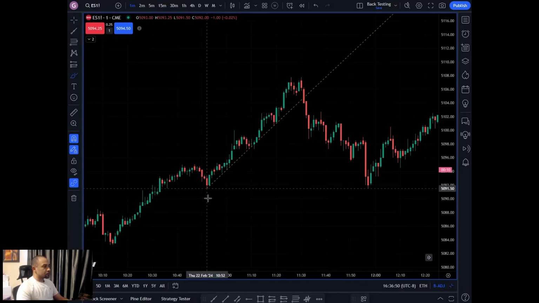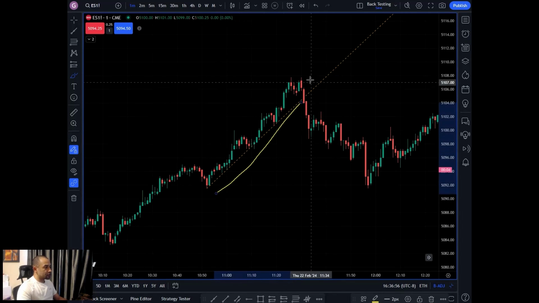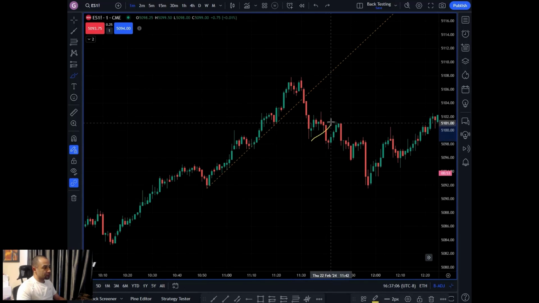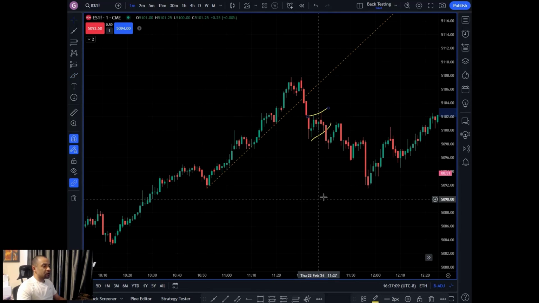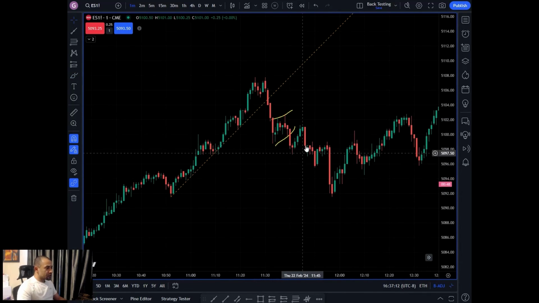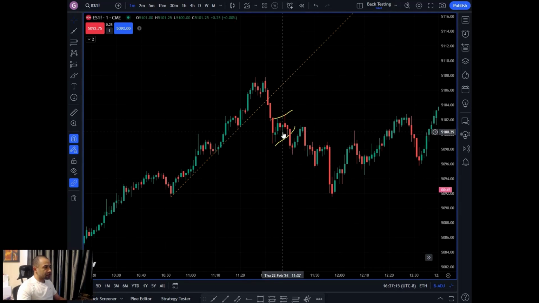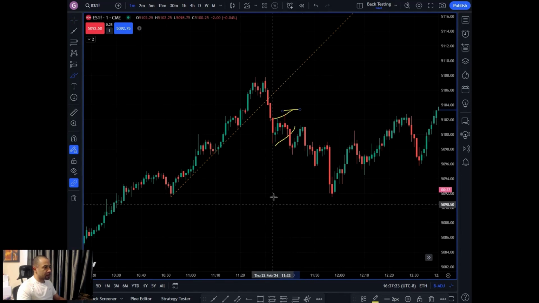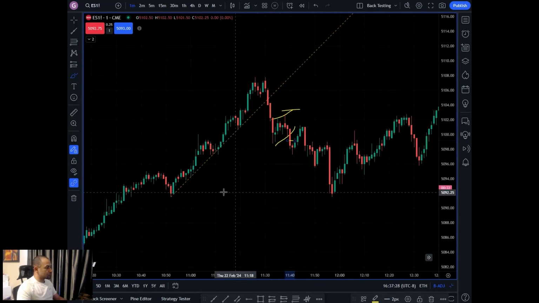a bear flag. So in the case that we're going short, because we have an uptrend line here that has been broken, I would be looking for a bear flag after the trend line break. And here you get one. And what I would do here is take this bear flag, get short as soon as it broke down. I would have my stop loss just above the top of the bear flag. My entry would be down here, and my target would be probably this swing low right here.